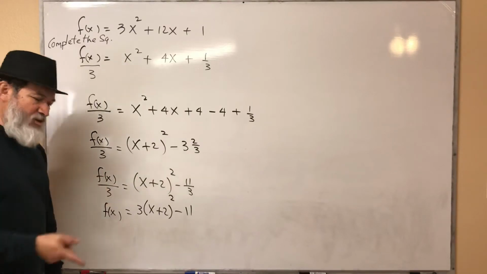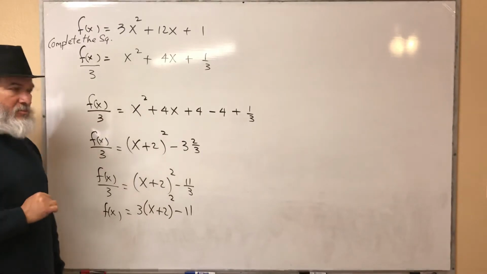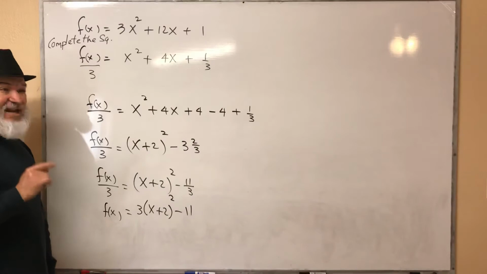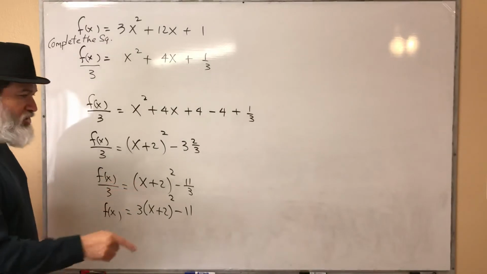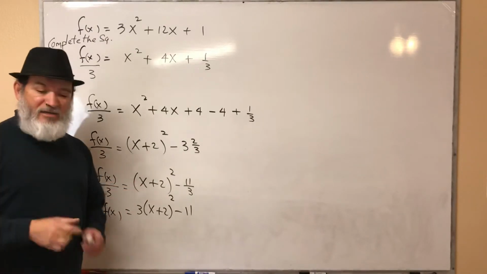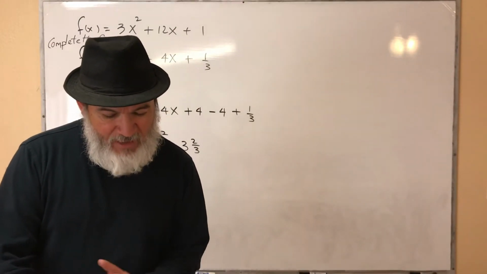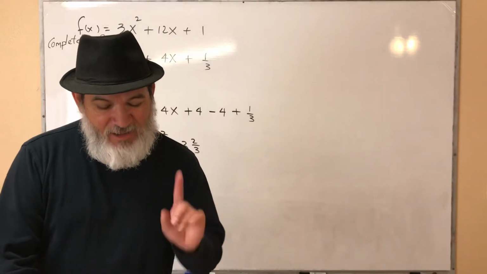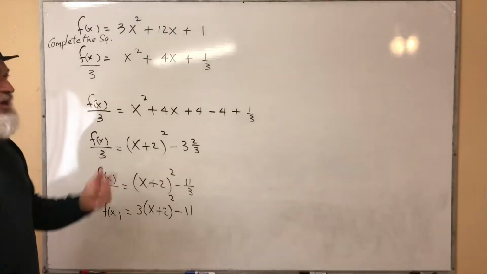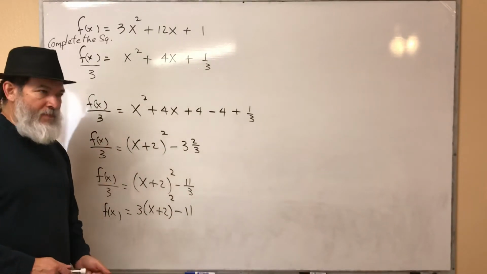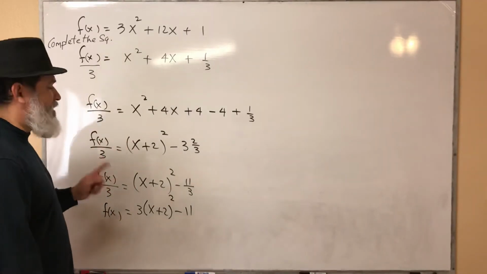P divided by Q allows you to find the rational zeros. Okay? It does not allow you to find the irrational zeros. P divided by Q is called the rational zero test, because remember, from page 306, it's called the rational zero test, which means P divided by Q only allows you to find the rational zeros, not the irrational. The reason why we could not find the irrationals is because